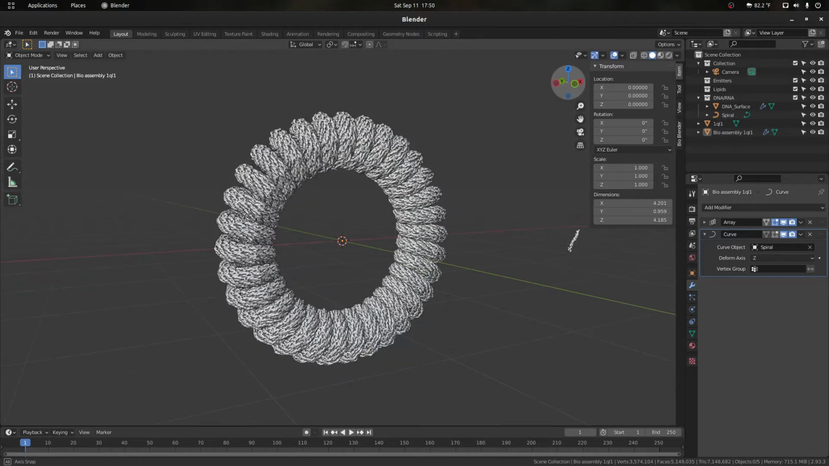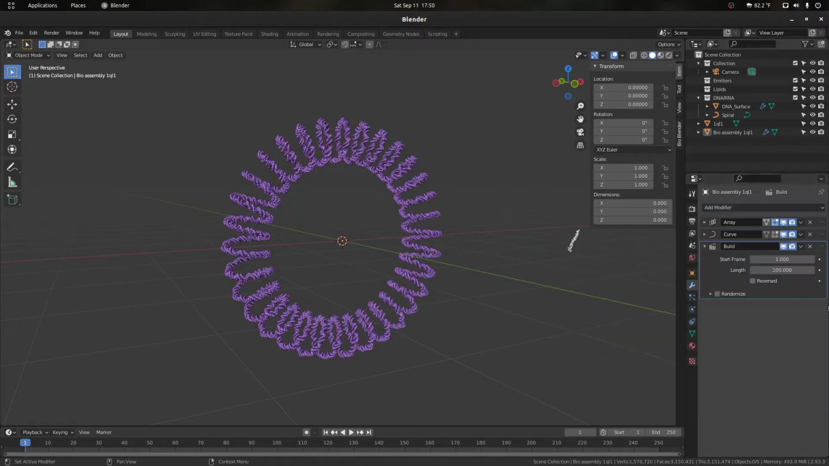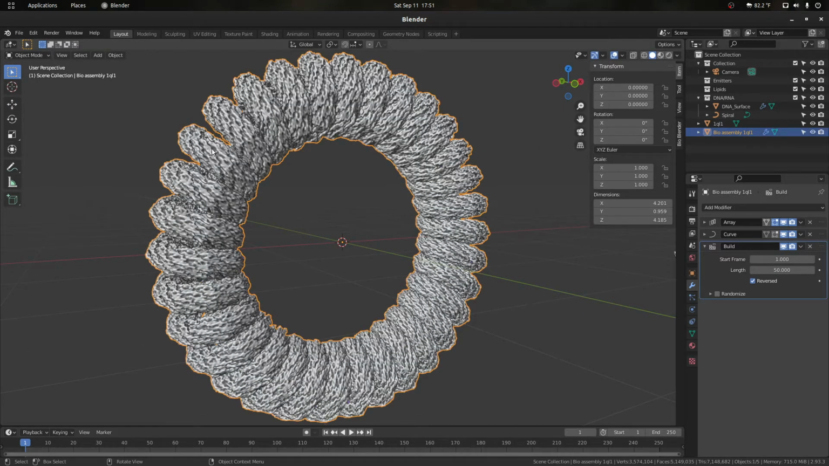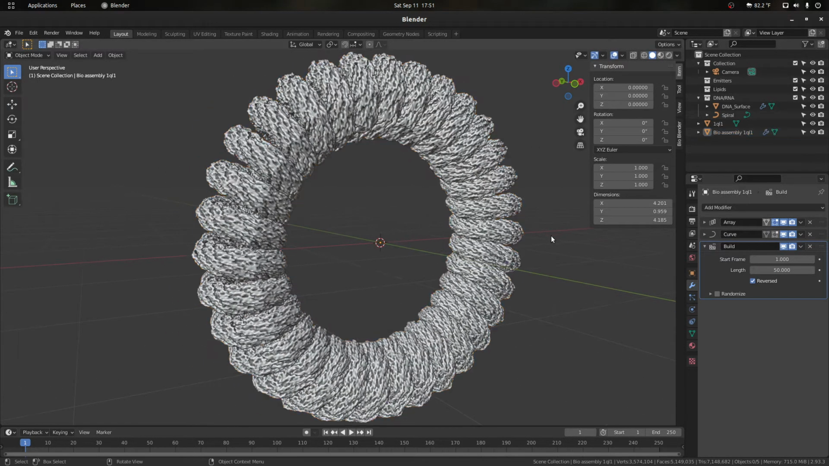And then one last thing I want to show here is that if we go ahead and add an extra modifier called the build modifier, and then we set that to reverse, and let's set the length somewhere around 50. Since we reverse it, instead of building, it's going to unbuild our mesh. So if I go ahead and hit the play button here, what we're going to see is our capsid disappearing and opening,